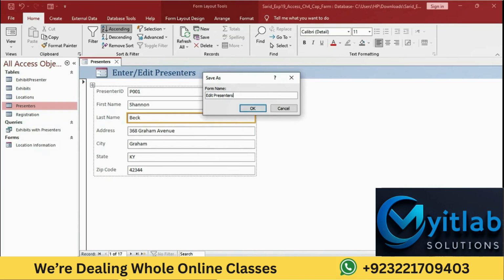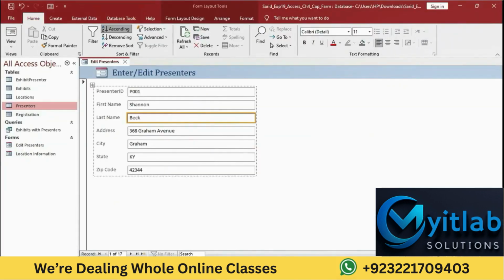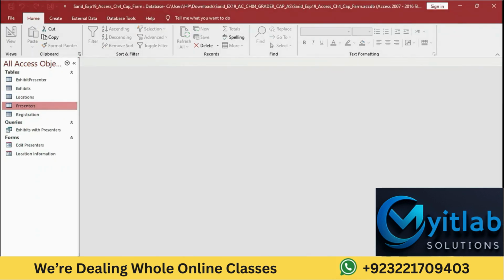Press OK. It will be renamed as this name. The form will be saved as this name. Right click on this and close the form. Okay, this is done. Save and close this form.